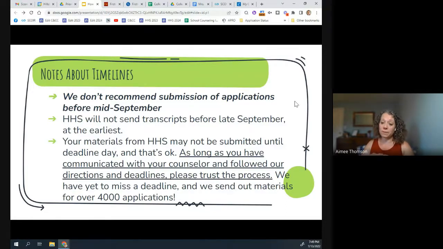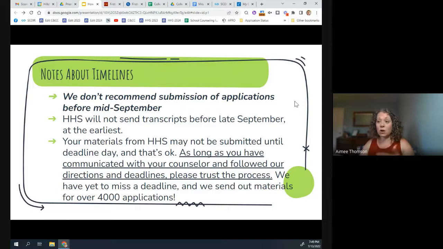Then school will start. You'll go to some of those classes and say, yeah, I don't really like them, I want out. And then you want to change your classes. So now you're changing some of the information you've put on your application. And it's nice to not have to do that. It's nice to be able to give them accurate information and not have to keep supplying updates to colleges for things that you've changed.